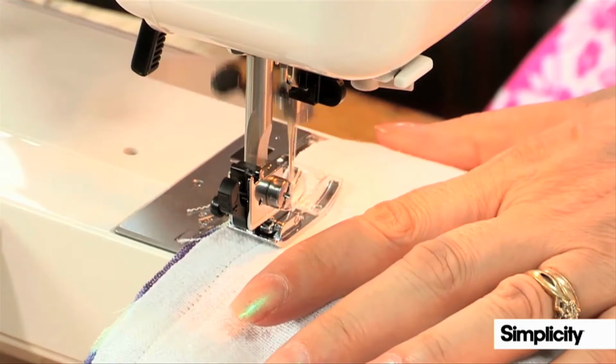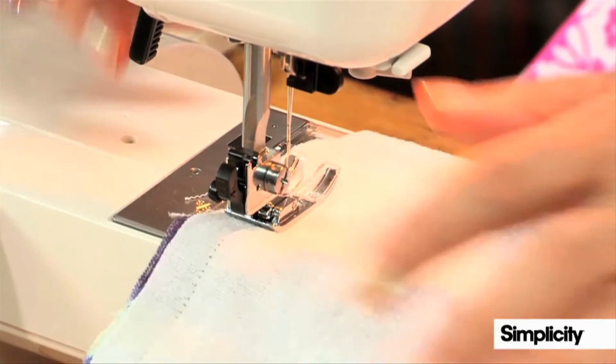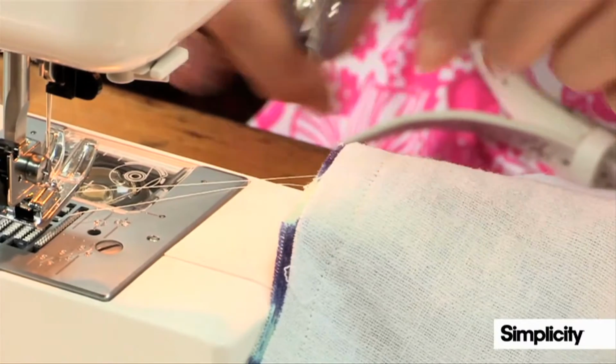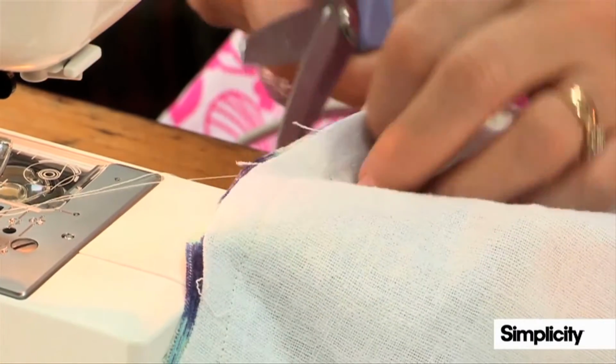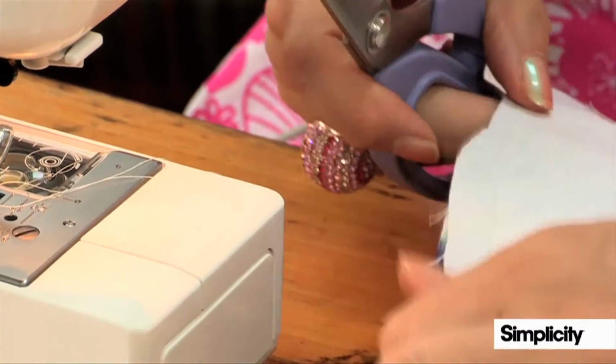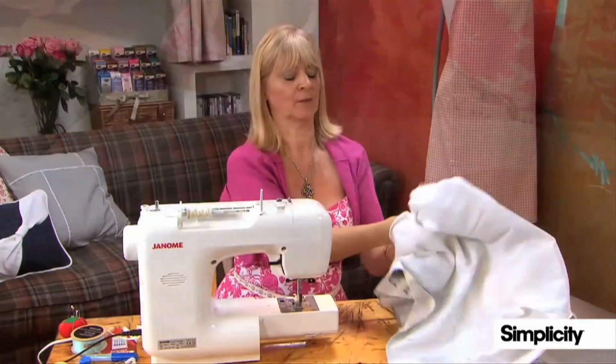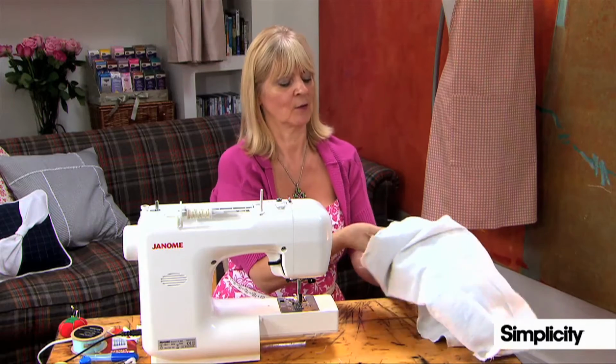So just getting back to the beginning, overlap the stitching a little bit, reverse to lock in the stitching, and then that's ready. So I'm now going to just go around and trim that seam all the way round to neaten it up and neaten the edges up. I've already started a bit, here we go. So I'm going to pull it through the opening,